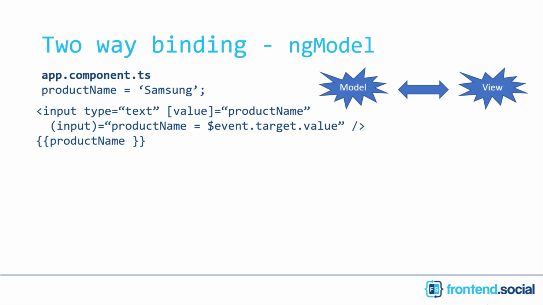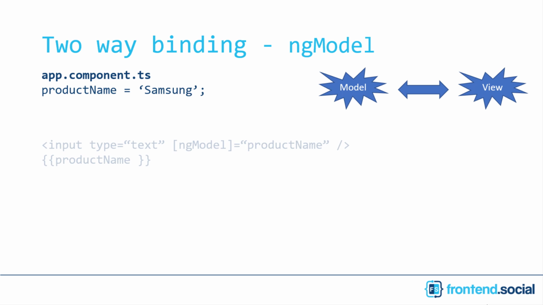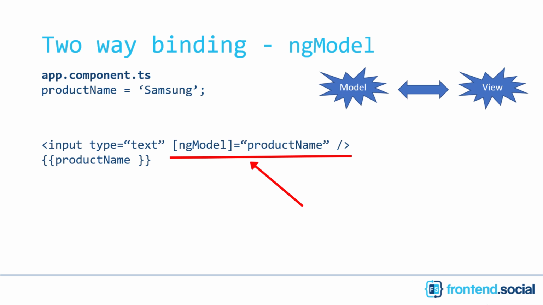That's awesome, but do you think writing this much code every time is okay? No, there should be some better way. So Angular has provided a directive called ngModel. We haven't covered the directive concept yet, but for now just assume that ngModel is a directive that can be used the same as property binding. So you can see that ngModel is used as a property binding and we have passed a model name, which is productName, to it.